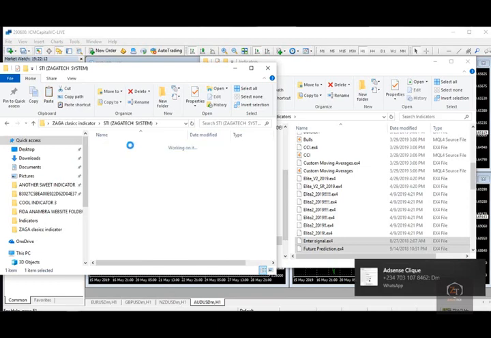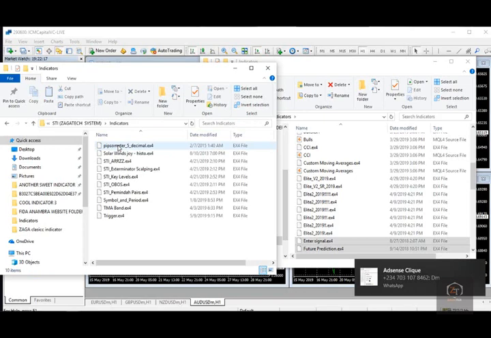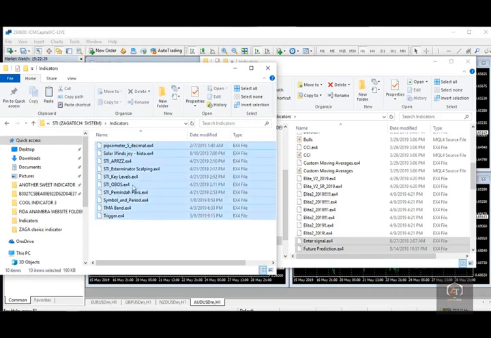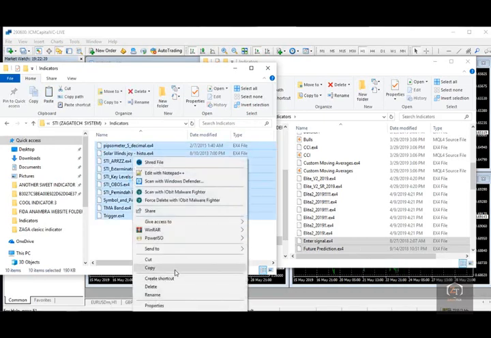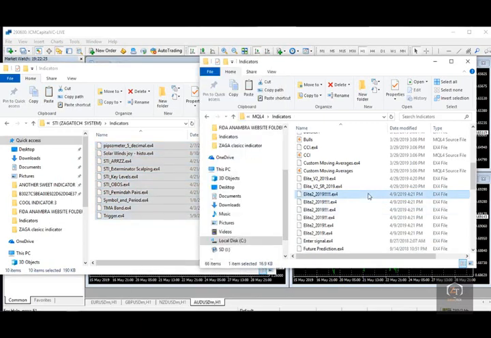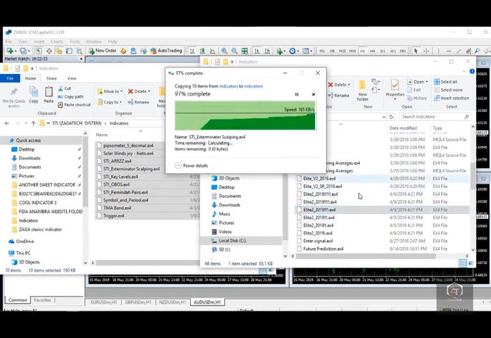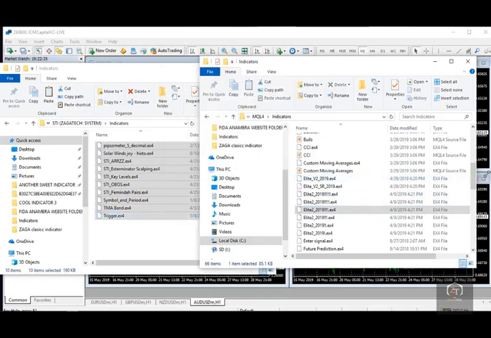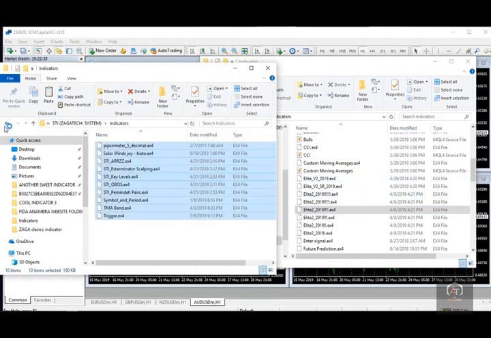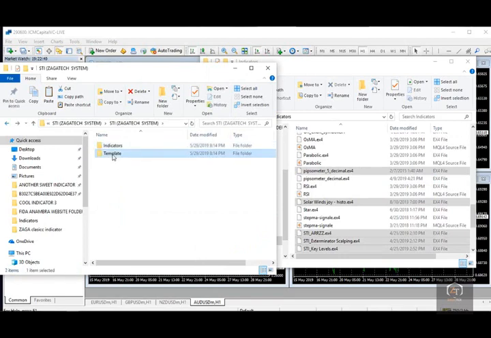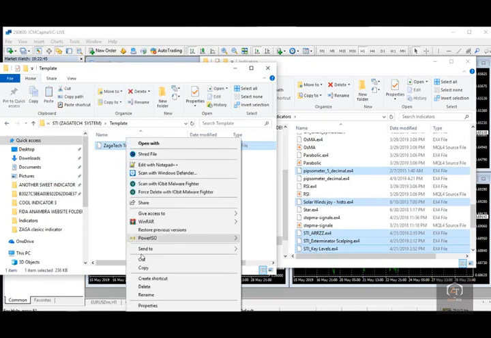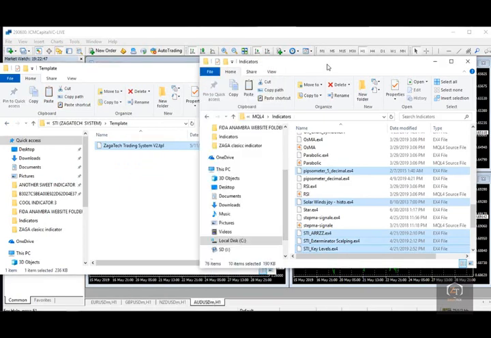Now indicators, you open the indicators. Also copy all the files here, Control A, then copy, Control C, or you copy from here, come back to the indicator folder and paste, Control V. So I've pasted into the indicator folder here, then come back to this point again, back, then copy the template. That's the template. Right click, copy the template, go back here,